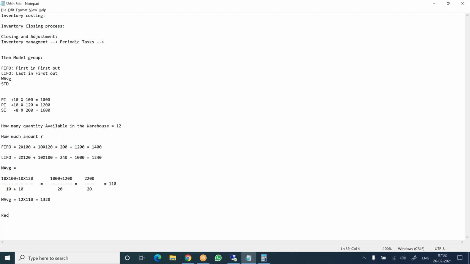So let us understand. One is recalculate, another one is close. These two methods. In recalculate, we have the option to select an item or item group, anything. Here, close will execute for all. That is the major difference. And here, if you run this close, then you cannot post any transactions